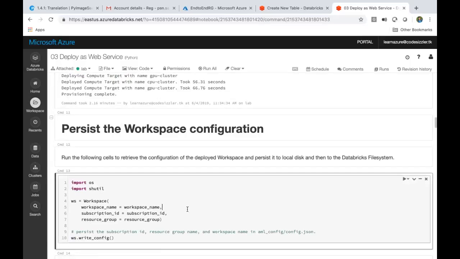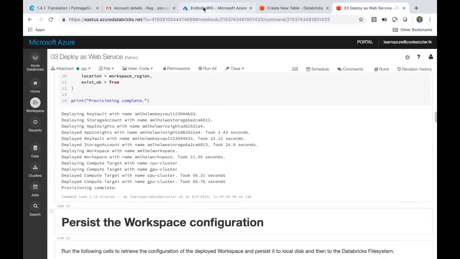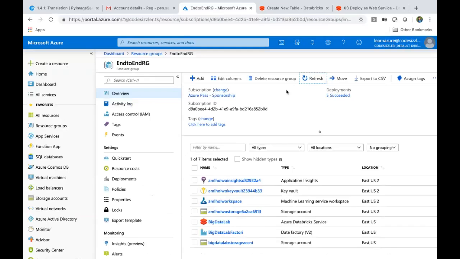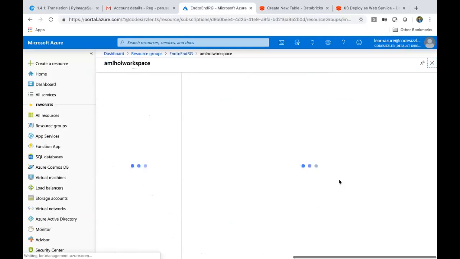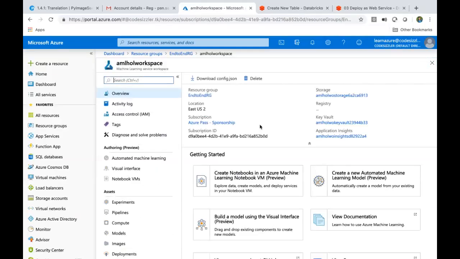Okay. So provisioning completed here. You can just go to your portal and see if that is created here. See this? This is the one we call the workspace. Click on this. So this is what it looks like. We will come to what all these things are going forward, but let's assume that this is created now.